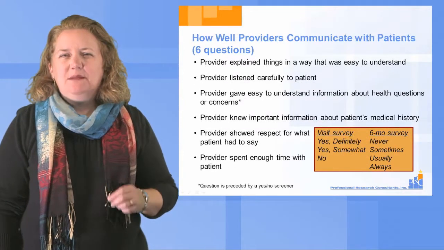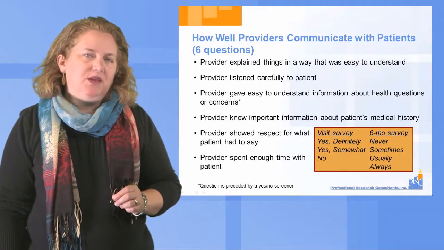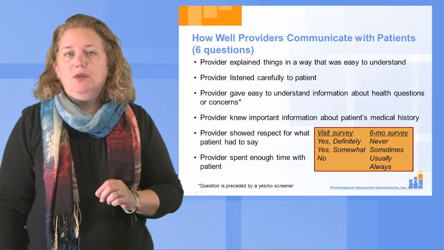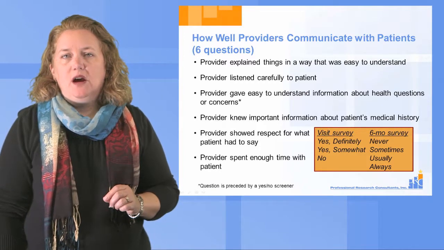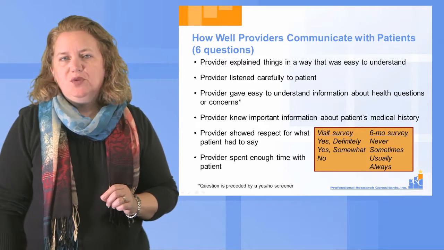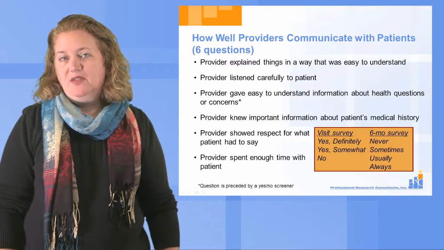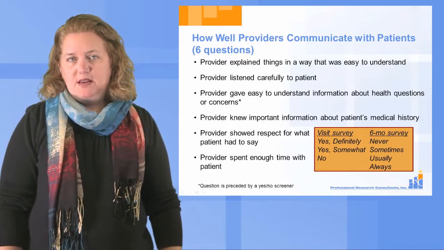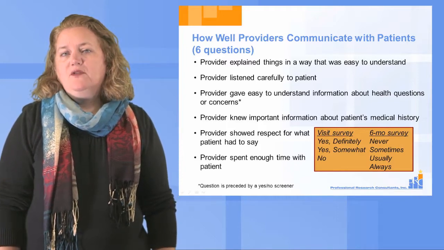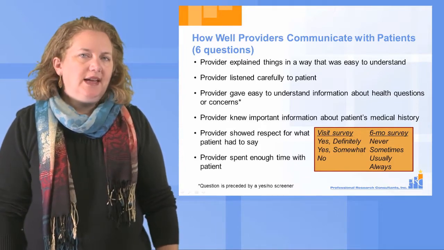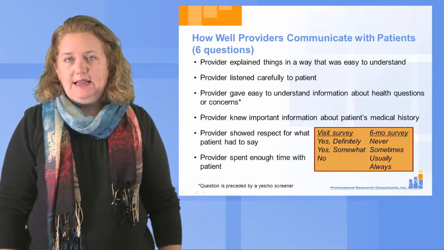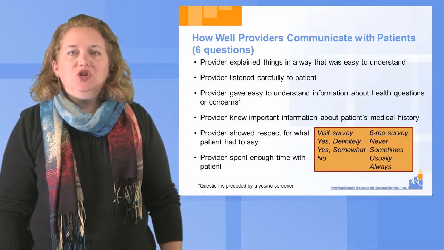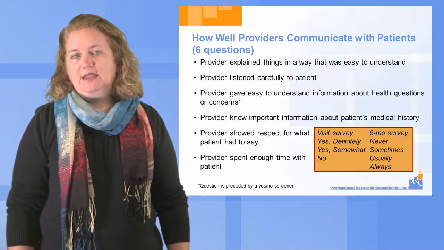After access, we get into the meat of the survey, asking about what happened between the patient and the physician. The questions all begin with "in the last 6 months" or "during the most recent visit." Example questions are, "In the last 6 months, how often did this provider give you easy to understand information about these health questions or concerns?" Or, "During the most recent visit, did this provider spend enough time with you?" The item on information about health questions or concerns is only asked if the patient mentioned that yes, he or she asked questions or expressed concerns. Results of these 6 questions are averaged to create a score reflecting how well the provider communicates with his or her patients.